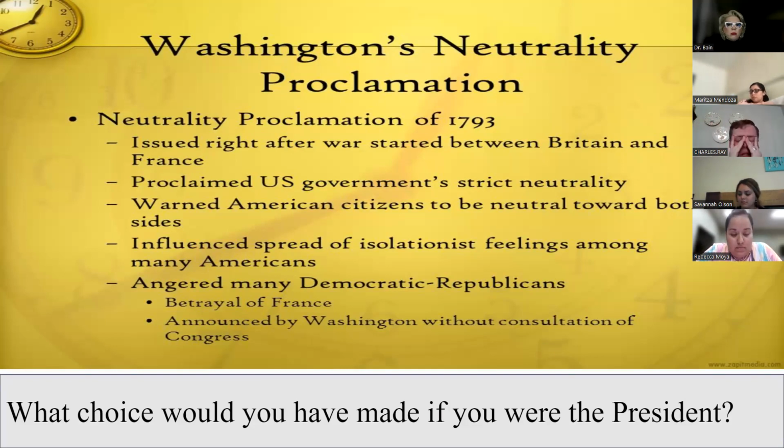So France goes crazy. We tell the kids, think about it like you have a friend who was your best friend for a while, and they just kind of go weird on you. They start doing strange things and kind of freaking you out. That's kind of how we start treating France, because France starts chopping people's heads off and getting a little too crazy over there. So we're like, okay, bro, we support you, but stay over there. And we want to do business with Britain. So we basically say, you know what? We're going to be neutral. We issued, right after the war started between Britain and France, a statement that we're to be strictly neutral. We're telling our people to be neutral. Don't be helping anybody. We're just here to do business. We'll sell to both of you.